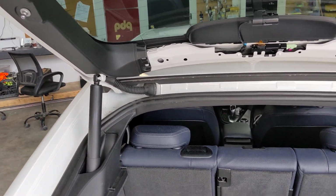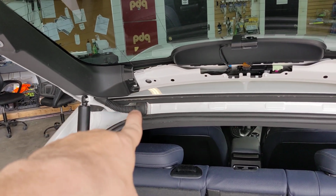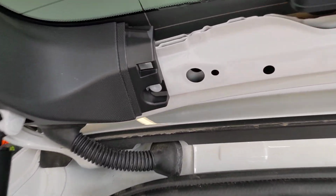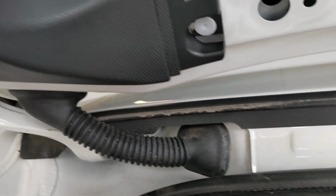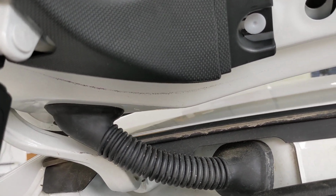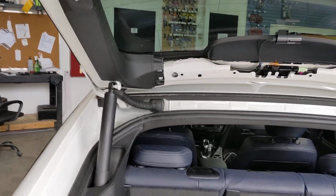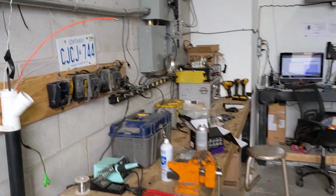So how do you run the cable? The trick to running the cable through that: it's very difficult to pull the car side off, so that one is really hard to get off, but the one on the hatch side is just rubber clipped. It's easy, you can just pull it out. If you spray some Windex on it for lubrication, it actually makes it easier. So what's the trick for getting it through? The trick